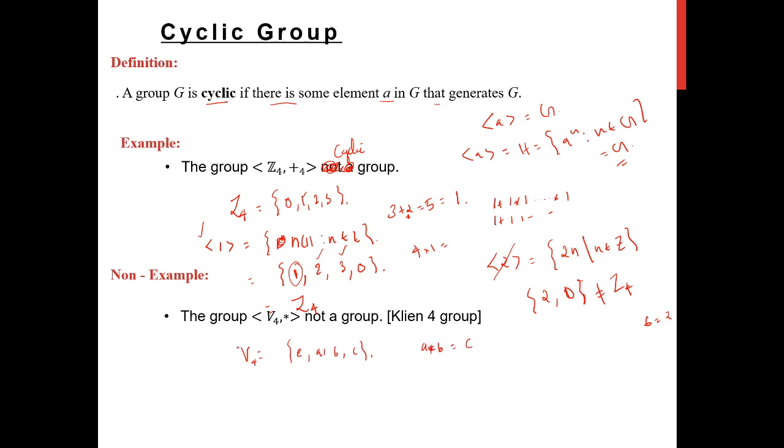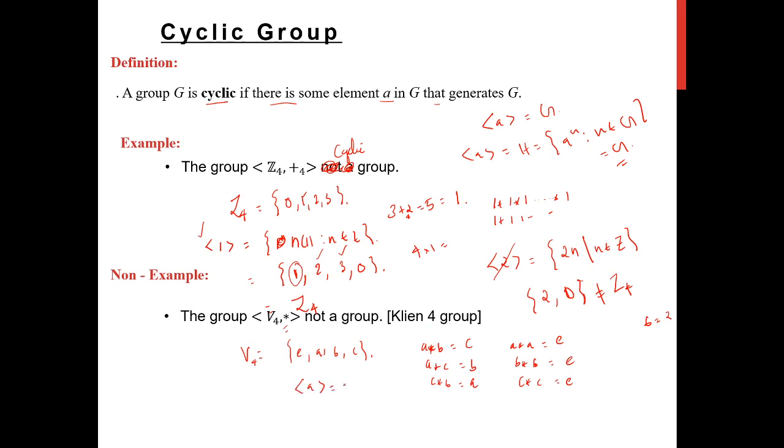We define the star in such a way that a star c equals b, c star b equals a, a star a equals e, b star b equals e, c star c equals e. So this is a group, and it's abelian, but there is no element a